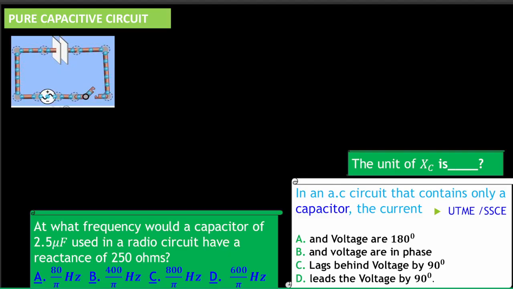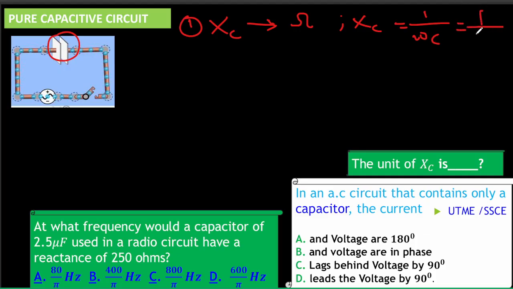Okay, so if we come to a pure capacitive circuit, point number one: the opposition to the flow of current introduced by the capacitor is known as capacitive reactance, and the unit is still the ohms, just like resistance. Its value, capacitive reactance, is equal to 1 over omega C. If omega is 2 pi f, we can write it like this: 1 over 2 pi f